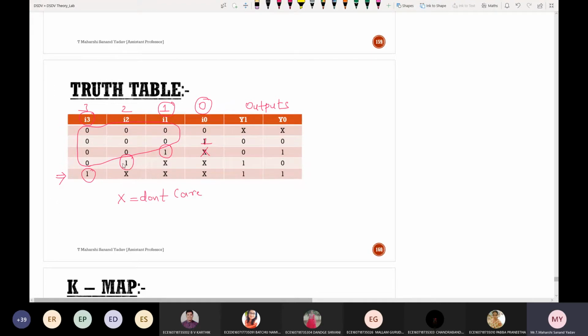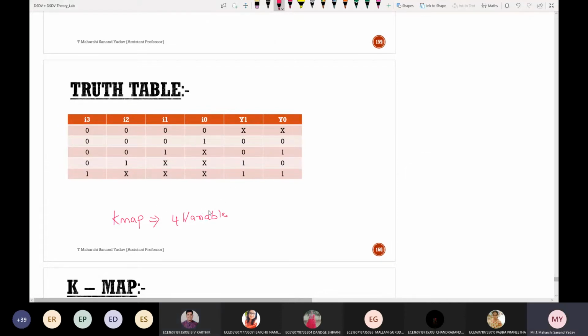Suppose I want to write the complete truth table for this, can anyone tell me how I should write? Suppose you want to do the K-map for this, how should I do the K-map, and what will be the result? We should take a 4x4 K-map. Correct. We have to take a 4 variable K-map. Can anyone tell me the minterms that we get from this truth table?